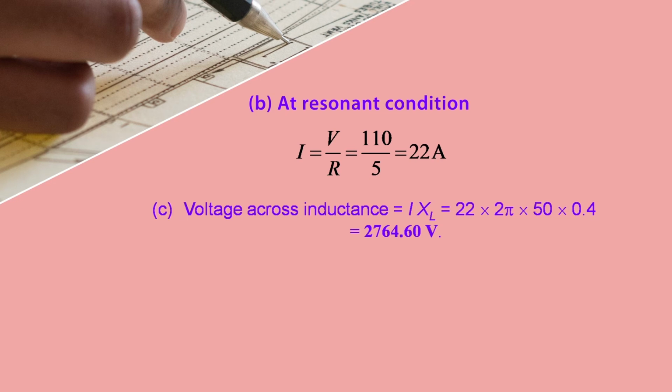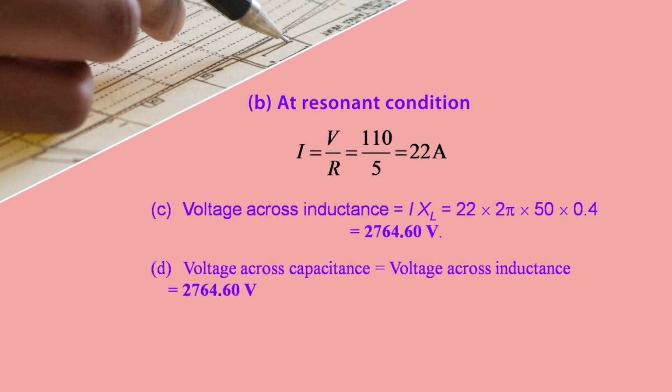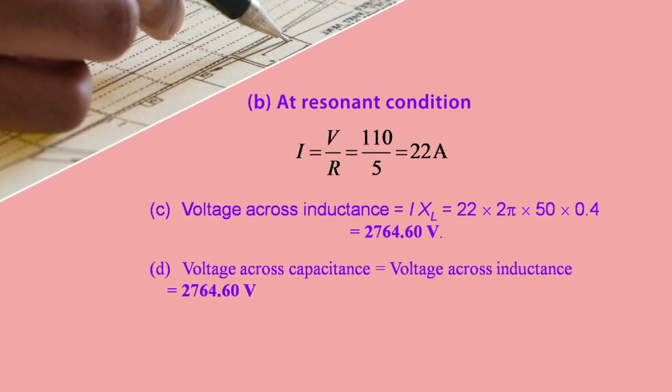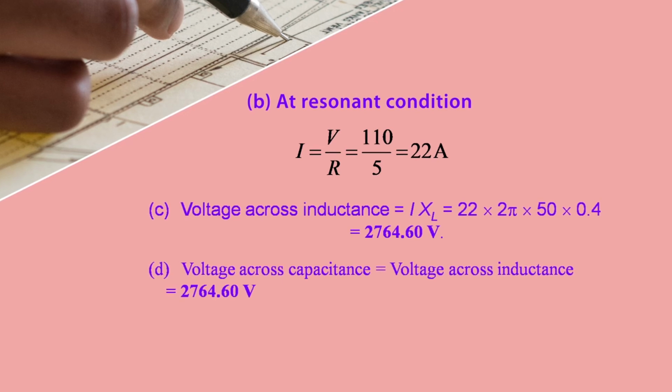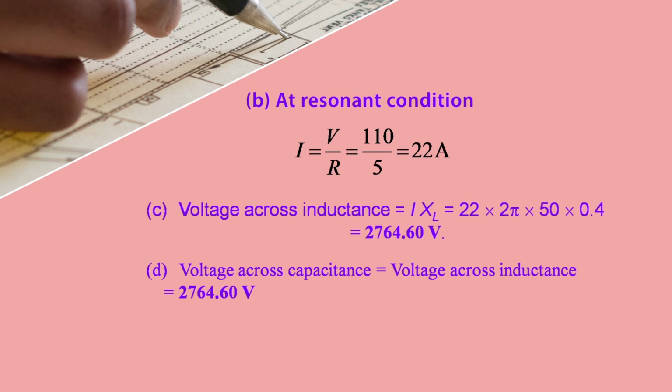the voltage across inductance, that is I into XL, comes equal to 2764.60 volt. Now the next parameter that you have to calculate is the voltage across capacitance, right? So the voltage across capacitance can be calculated with Xc equal to 1 upon 2 pi Fc. Because you have already calculated the value of the capacitance, and you have the value of F naught,